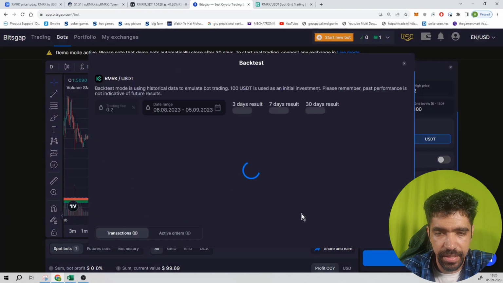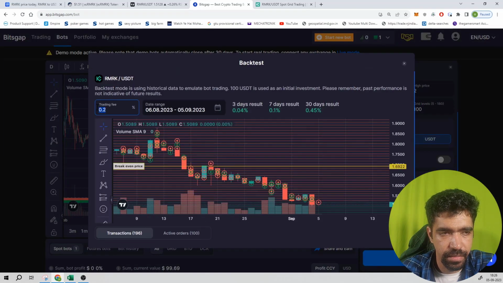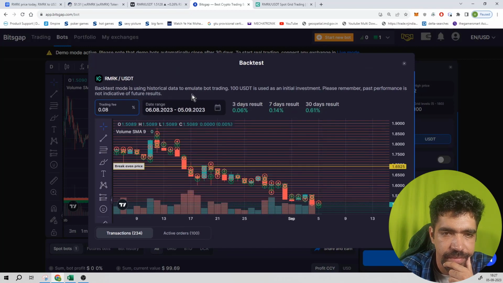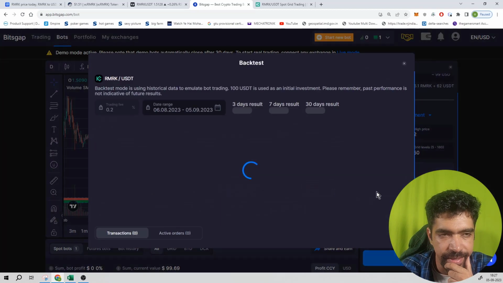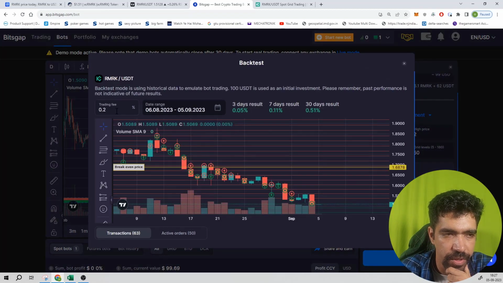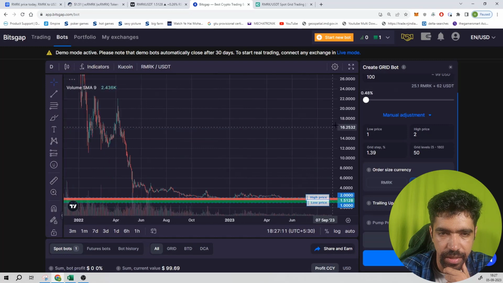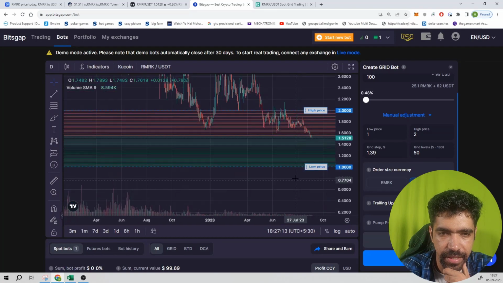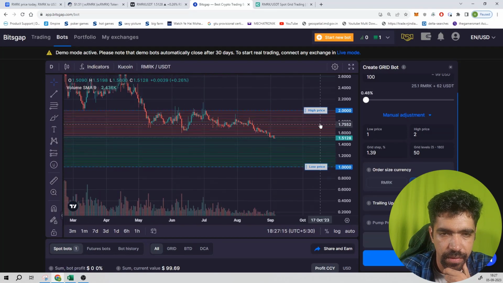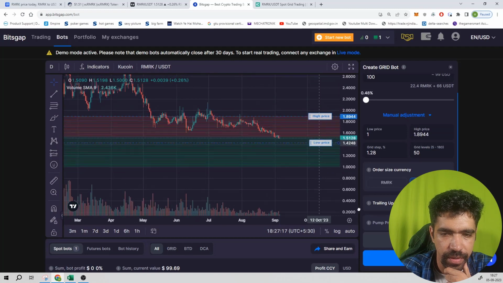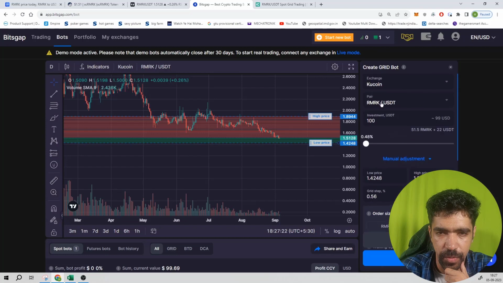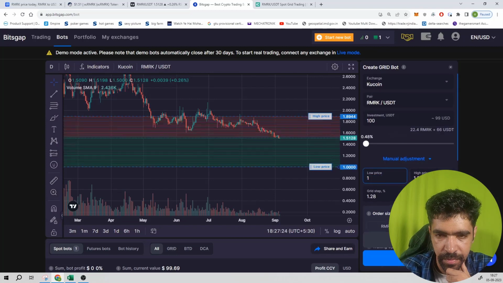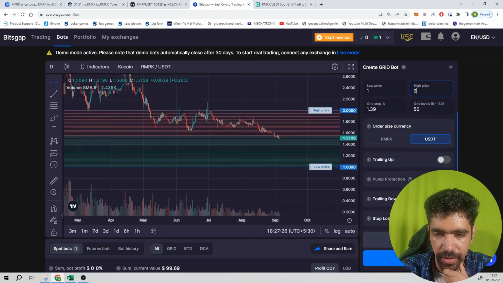So in that case, now click on backtest. 0.08. In that case, what is the 30-day result? That is 0.61. Okay. Now let us keep 50 number of levels and then click on backtest once again. It is now 0.51%. Okay. Now let us change the low and high price accordingly. So keep the low price over here and then click on backtest. Now it is 0.88%. So 1 and 2 should be good in the long term.